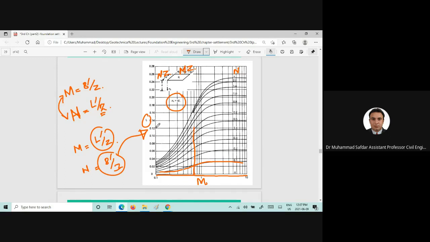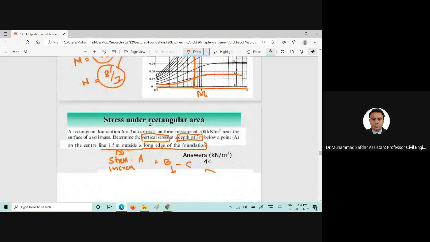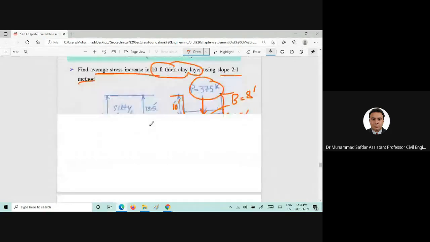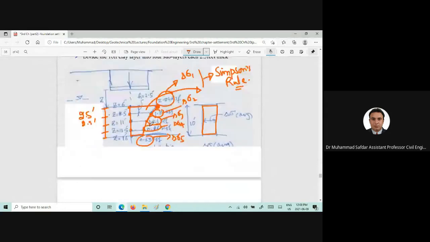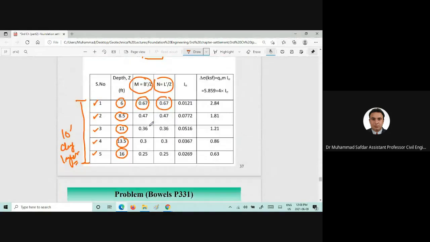So almost close to 0.12. Okay, so you can choose the value of 0.12 for I sigma. So we need a correction here. It's 0.12,